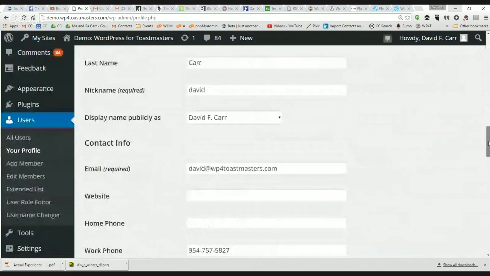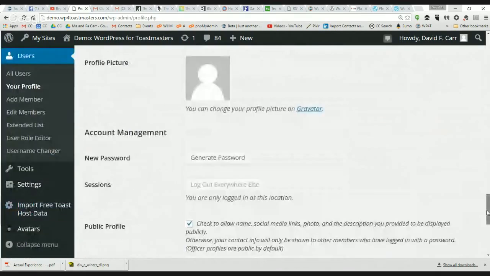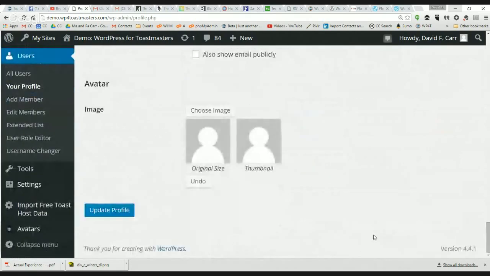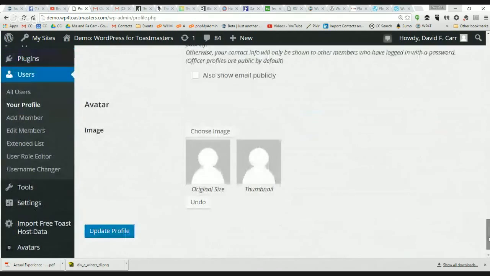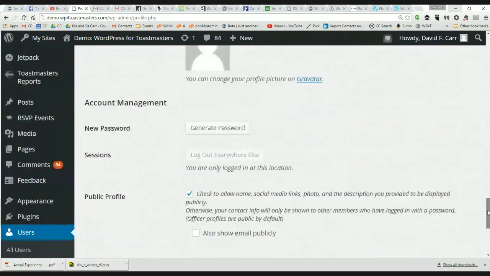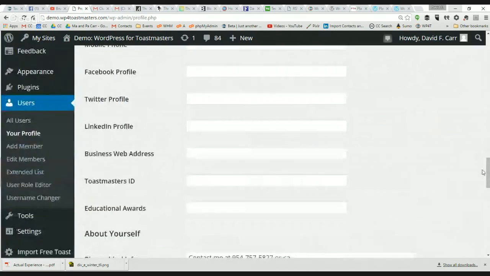So if I want to edit my profile, here is where I would come to do that. And there's a place where you can add a picture of yourself. And this was the checkbox to allow my name and my social media links to be shown publicly. Optionally, you could also allow your email to be shown publicly. And that's more for the benefit of members who maybe have a small business and they don't want to keep anything secret.